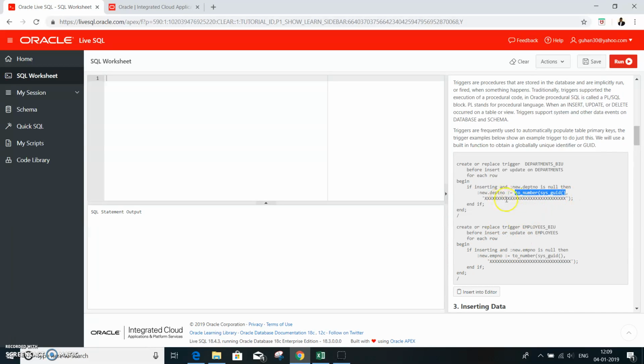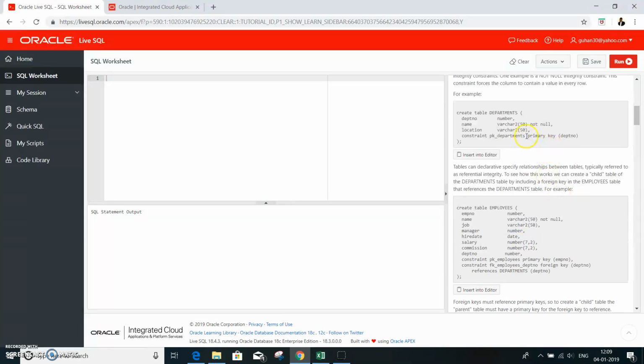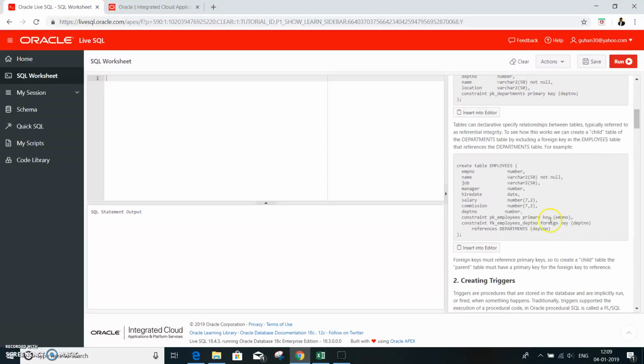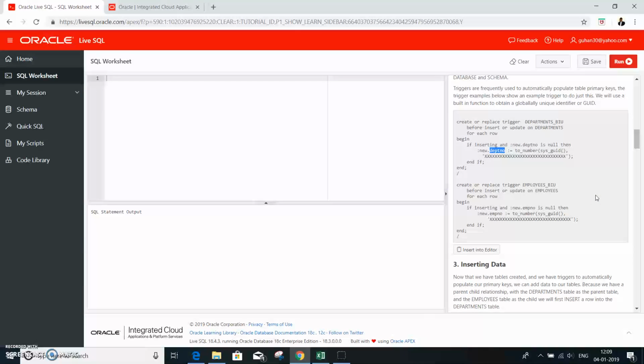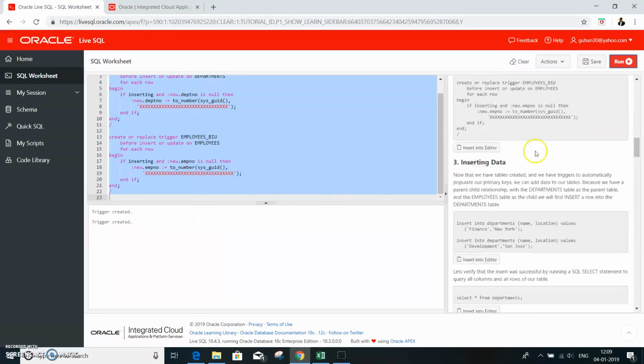This is for the department number, if I'm right. Yeah, department number, those are the primary keys, department number and the employee number. So basically you are making the system create the data for it. All you need to do is insert, run it. So two triggers are created.